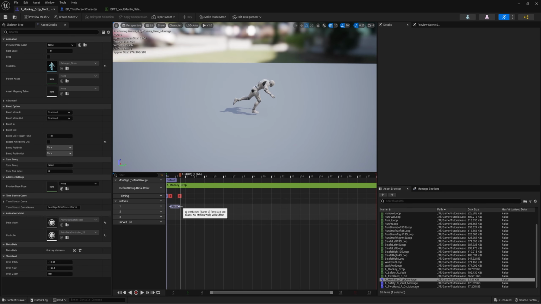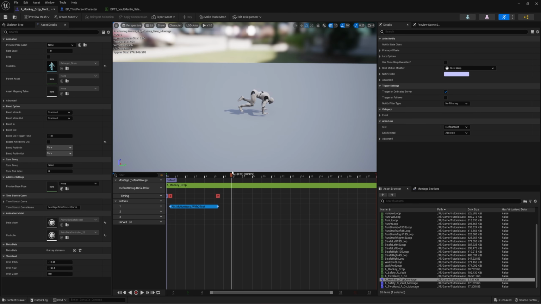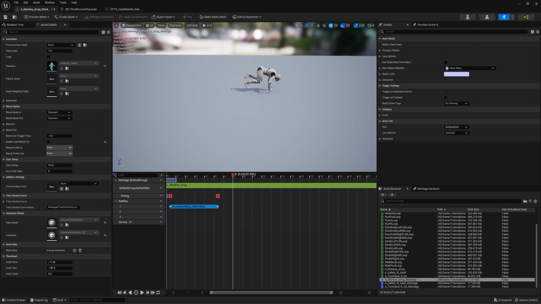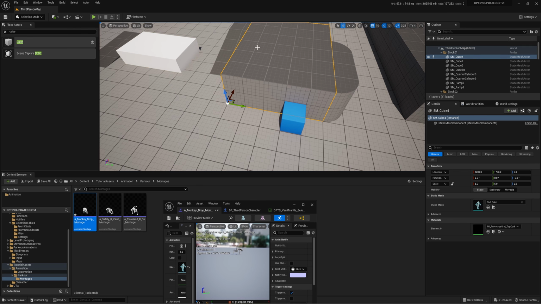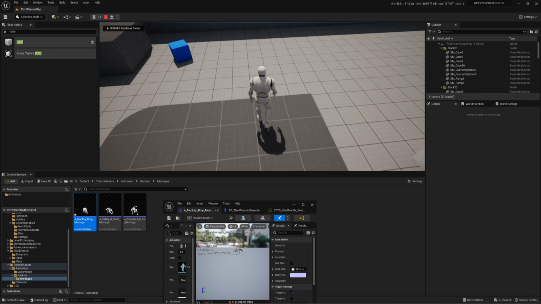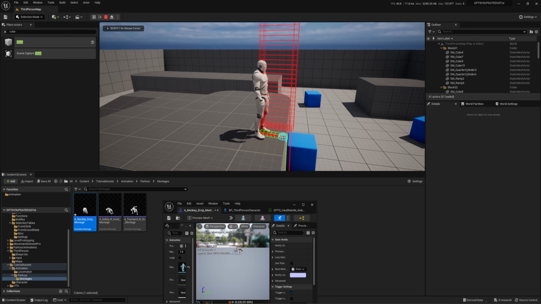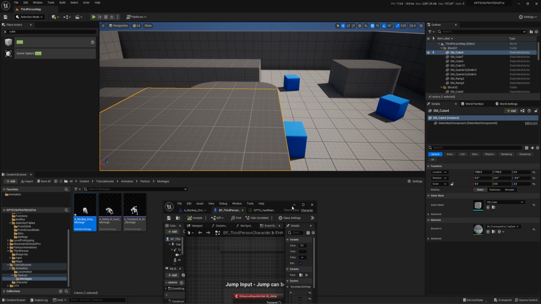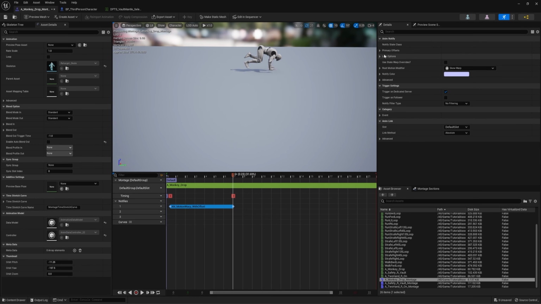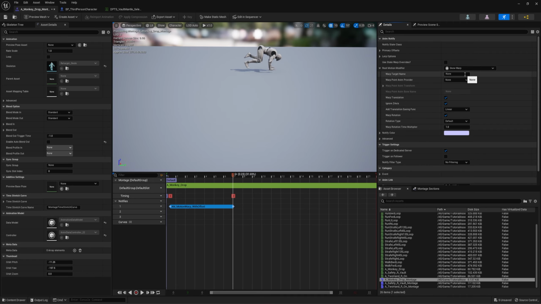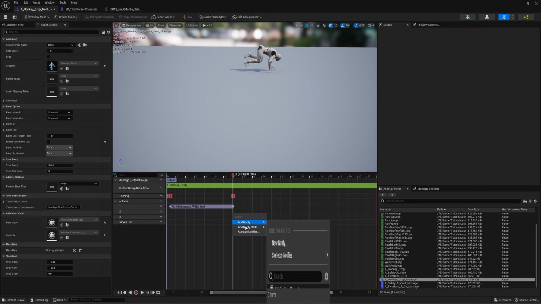So what we're going to do is look at where he gets to that plant point, just like we did with the others, but you can see he's going down in front of himself. Now, if I go over to this object and just press the space key, you can see that little aqua sphere. So that's our drop start. And we can use that as our starting point. So if I go to the root motion modifier, we'll just type in drop start. And then we're going to uncheck ignore z-axis, uncheck warp rotation, right click, add notify, and go with